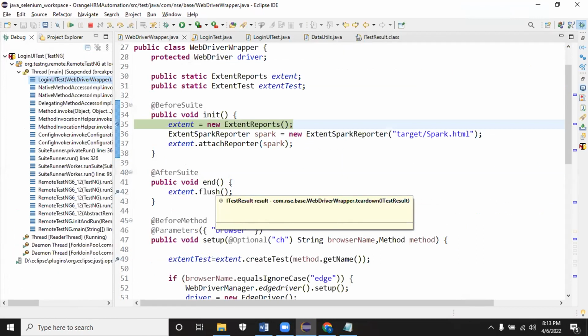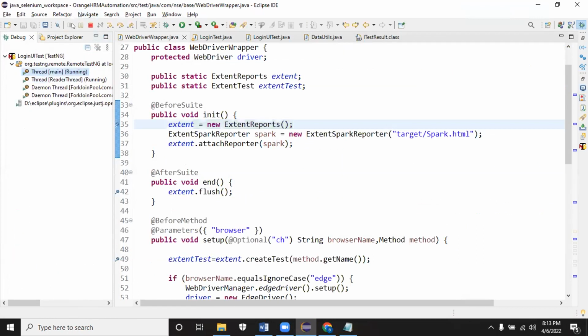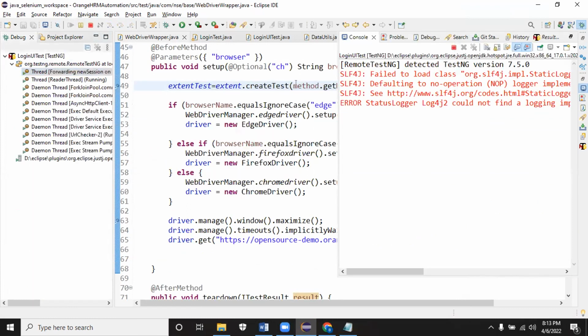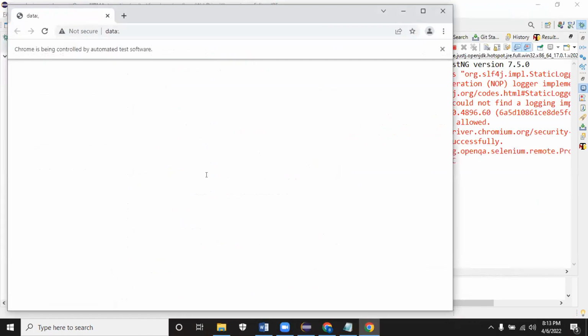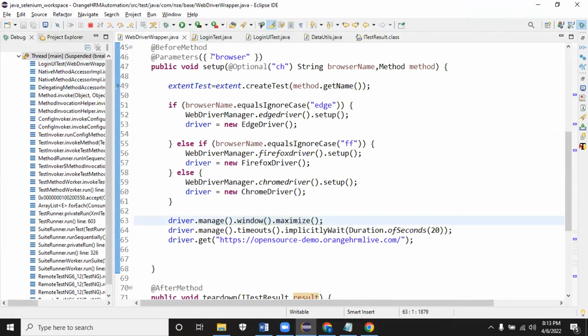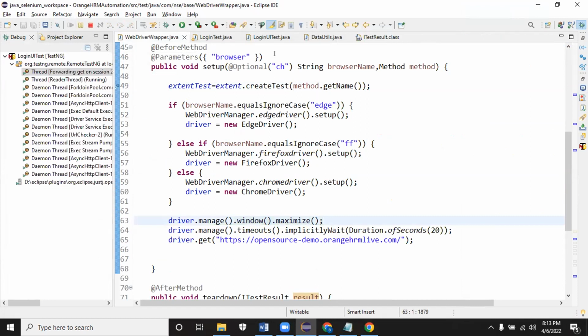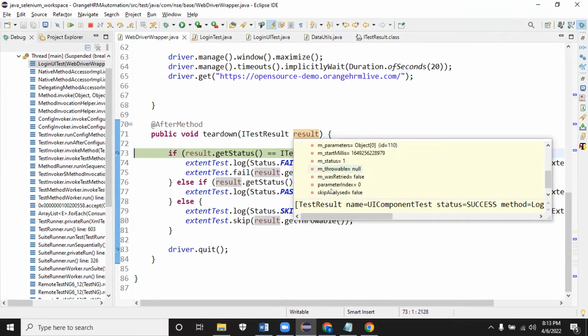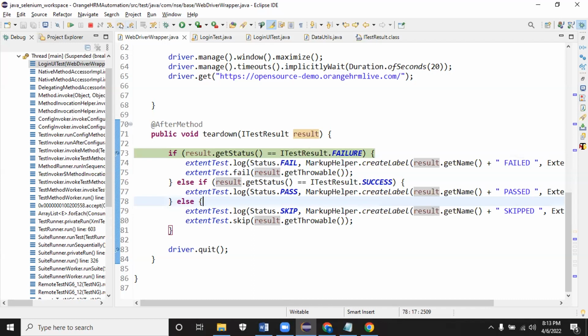It will start the browser. You can see before suite. Then it will go to the before method, create the current test method, and go to the test method. In the test method, I'm trying to validate the title. I gave the wrong title. Assertion failure will happen. Now the test result will be failed. Inside this test result, result.getStatus, if you see, will be 2. That will be failure right now. So let me check it. Which test method is running right now?